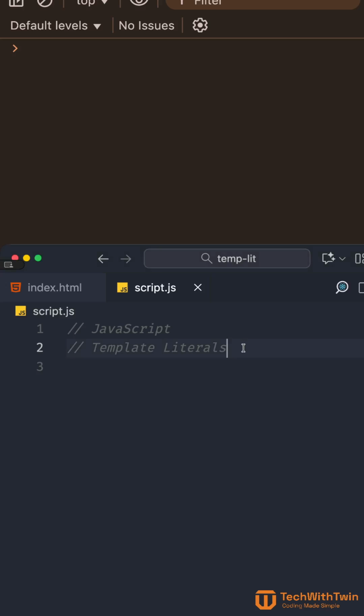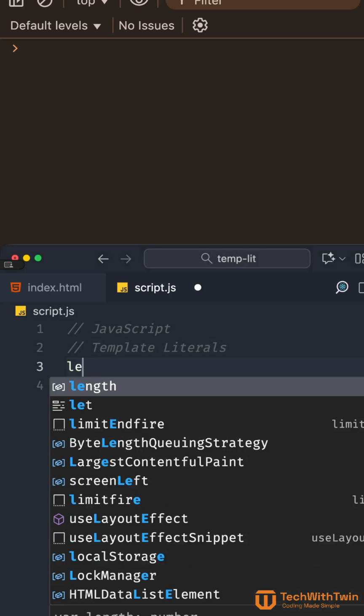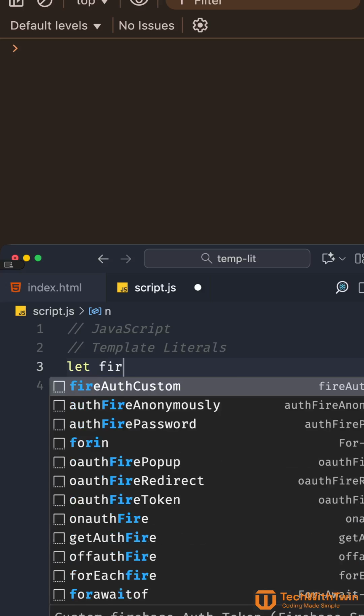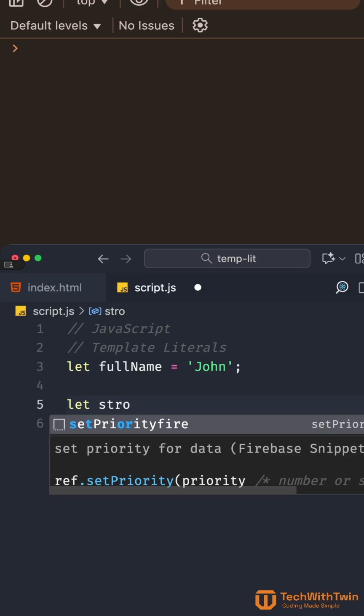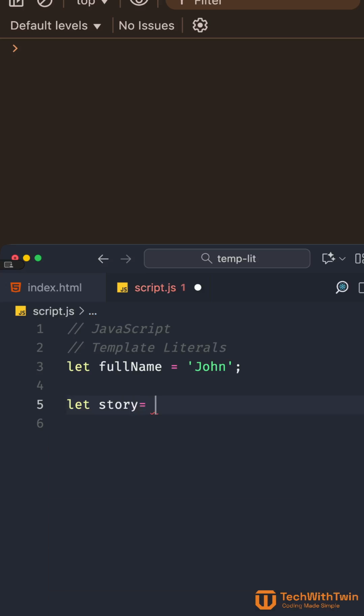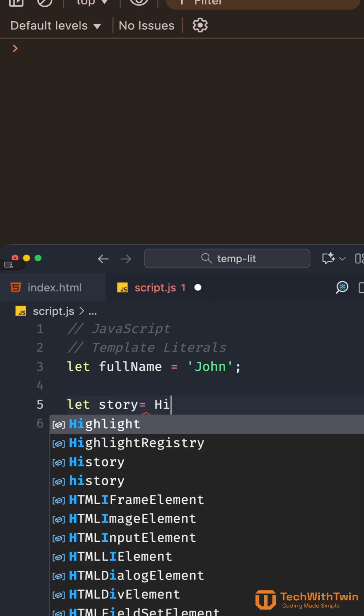So the first thing I'm going to do is create a variable called fullName, and then I'm going to set it to John. I want to start with the issue, and then we can see how we can resolve it. And then we are going to create a story, let's say story is equal to,